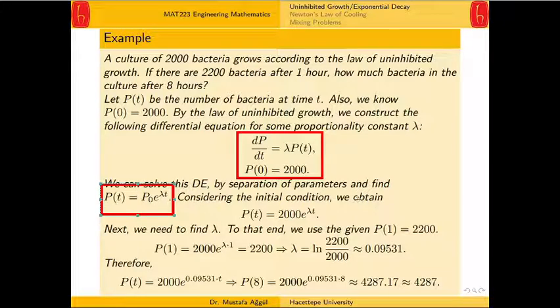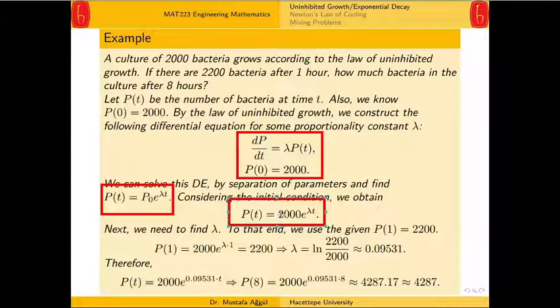And then if we consider the initial condition, if you substitute 0 for t, this will be basically 1. P0 will then be 2000. So our solution will be P(t) equal to 2000 times e to the lambda t. This is the model, and we solved the problem and got the solution. For any given time, we can find the number of bacteria using this